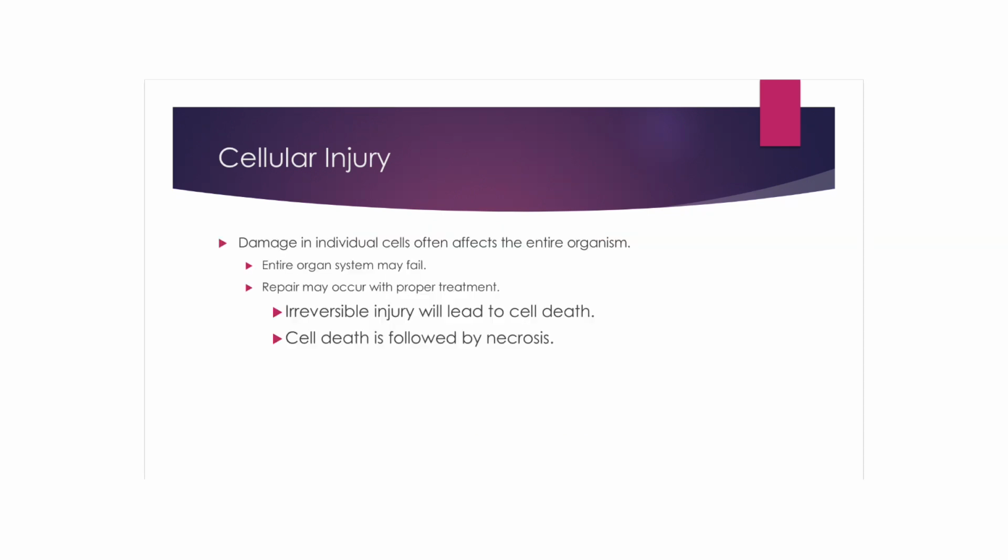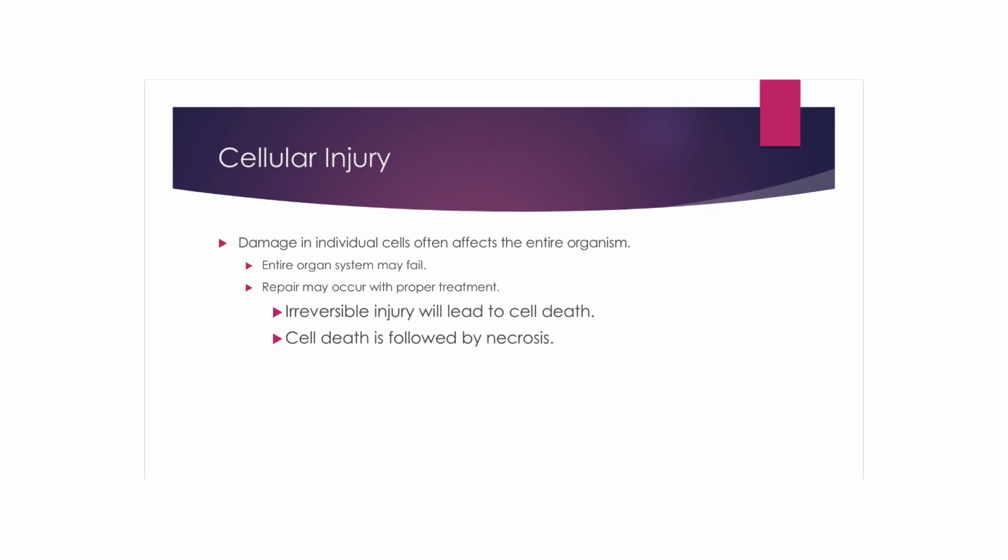When we're talking about cellular injury, it's kind of everything we deal with in the disease processes, whether it be traumatic or medical. Whether you're talking about a CHF patient or a GSW patient or a hypoxic patient, it all comes down to cellular injury at the cellular level. And then, of course, tissue damage and organ system failure can all occur from that cellular injury. So it's kind of a microcosm of what we see when a patient is complaining of different symptoms, and we're seeing different signs come up when we do vitals and an assessment.